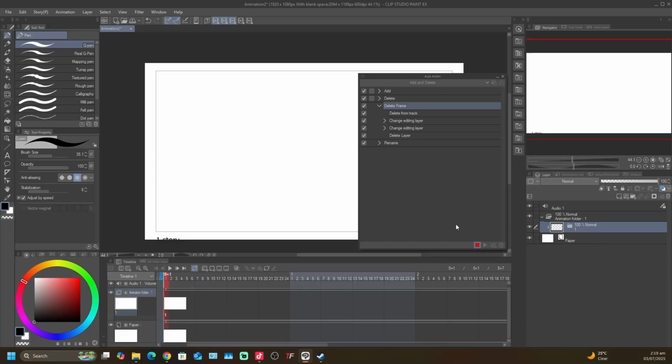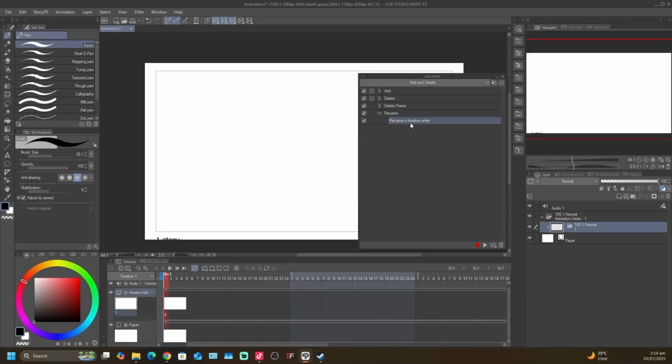After you're done setting up this here, you want to turn it off, right? And after you turn it off, you want to minimize this and go to rename, drop that down, this rename here,